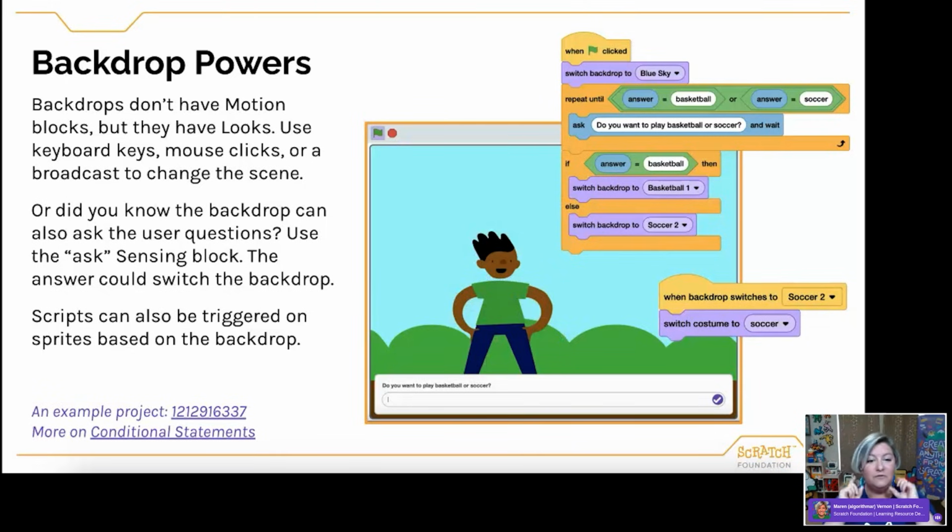I'm giving them very two distinct options. But if I don't have that repeat, then what happens? This is a debugging opportunity. If they give me an unexpected answer, how do I account for that? And so I just want to highlight that as another way of leveling up, talking about how you can make sure you're getting the answers you want. And spoiler alert, we'll be talking more about conditional statements in the next session. Come back and join me for that, where we'll go way more in depth on this.